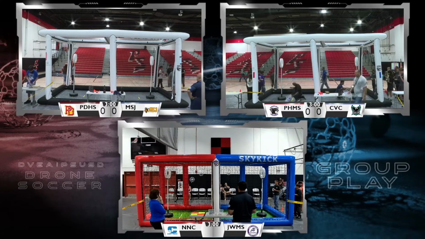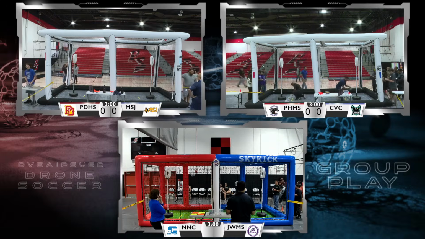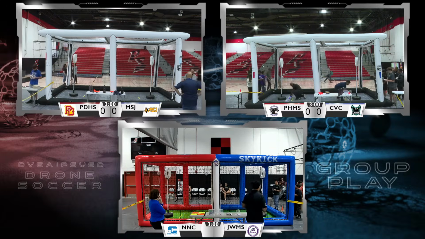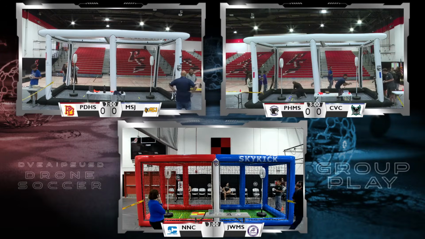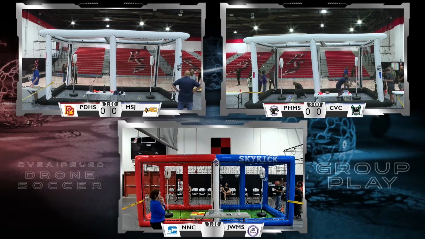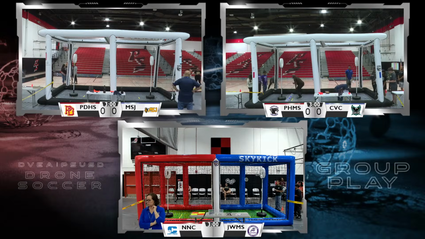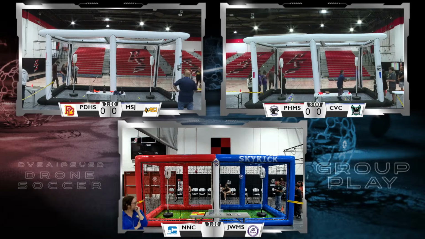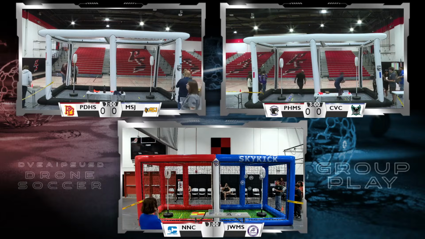There's actually 2 small flags on the base of their drone. Points are scored when one of those striker drones passes completely through the lollipop goal that you see in the arena. It has to pass all the way through, completely through, 100%, and fly around or outside of the goal space.